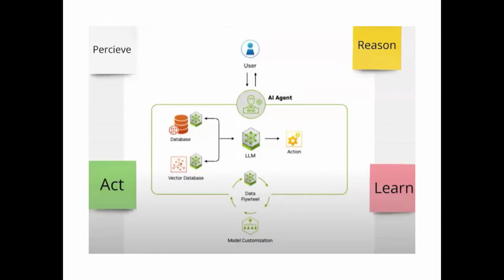It actually processes the user given input and prompts to respond back via an AI agent. If we look at here, the things are happening in between these four categories: perceive, reason, act, and learn. Perceive is to sense the environment basically. That means agentic AI starts by collecting information from its environment.